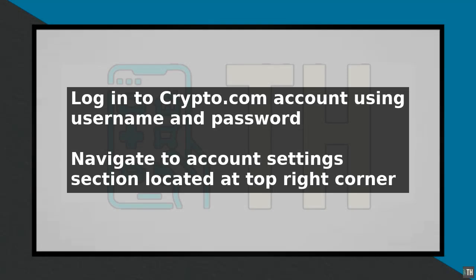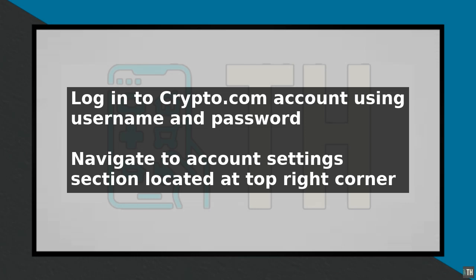Changing your bank account on Crypto.com is a straightforward process that can be completed in a few simple steps. To get started, log into your Crypto.com account using your username and password. Once you are logged in, navigate to the Account Settings section, which is usually located at the top right corner